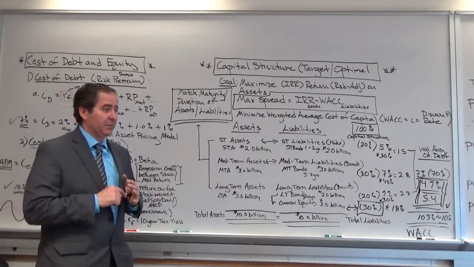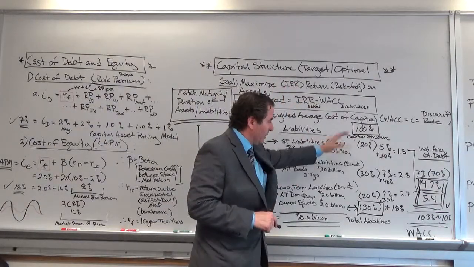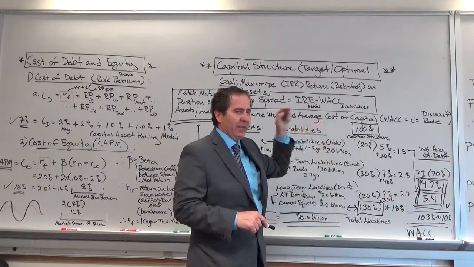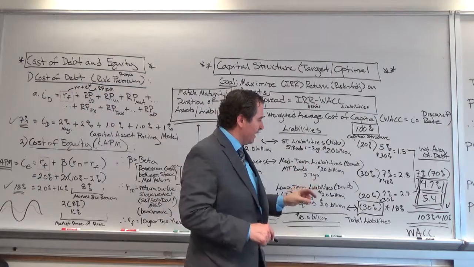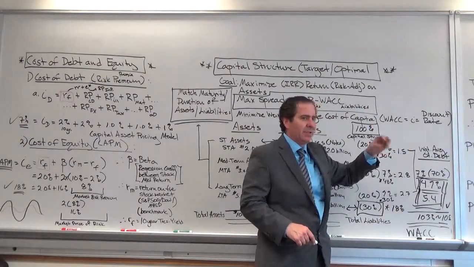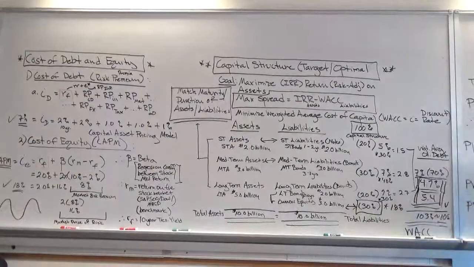Okay, that's key, right? And the key is this capital structure has to minimize the weighted average cost of capital. These weights that you're seeing right now are the target weights and the optimal weights that minimize the weighted average cost of capital, minimizes the discount rate, okay? So here's the basic discount